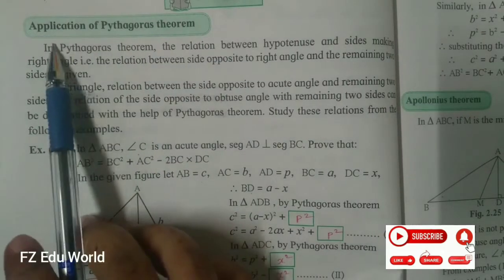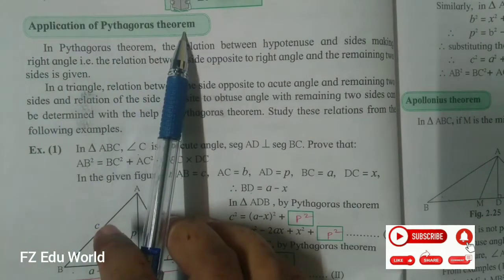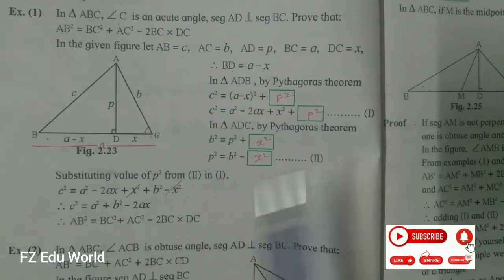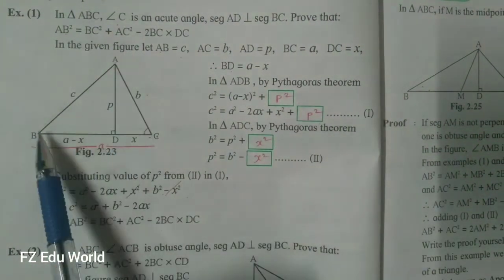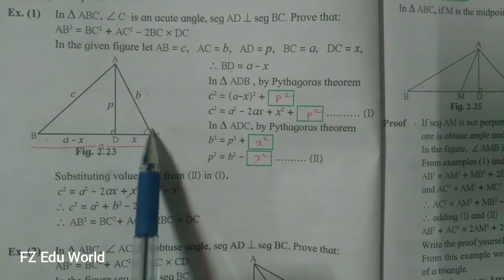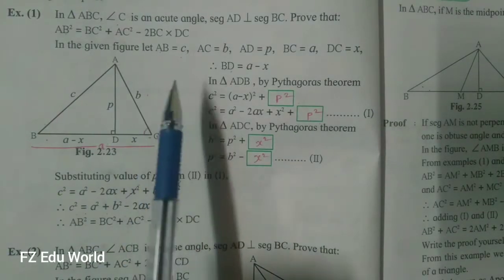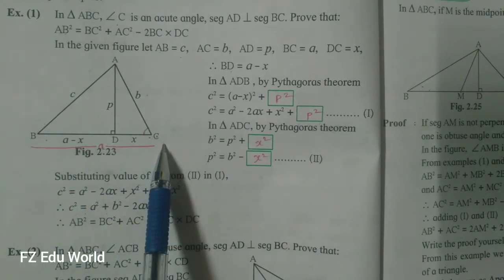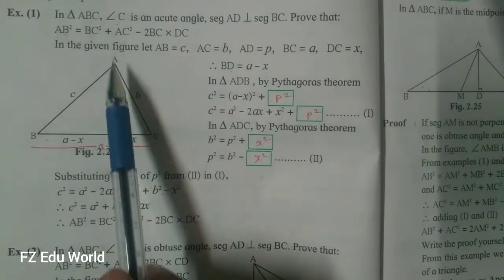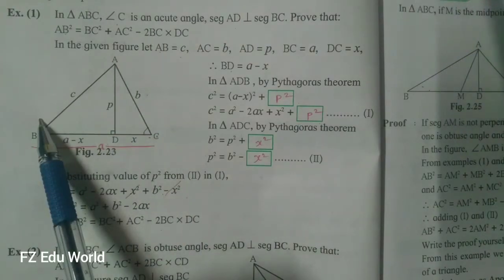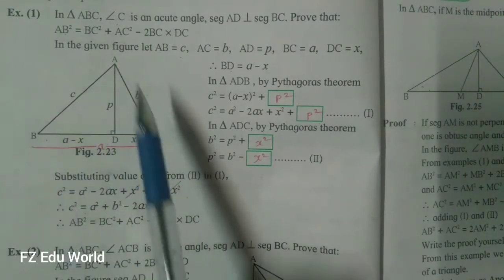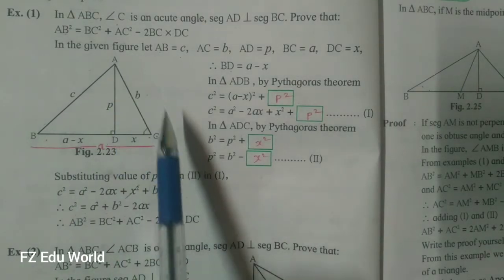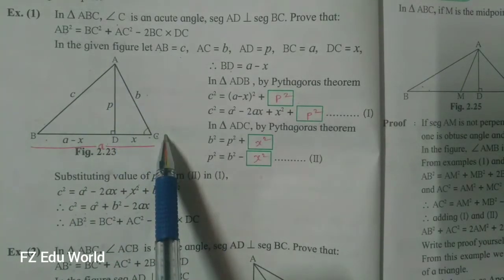Next topic is application of Pythagoras theorem. Out of that, first example. In triangle ABC, angle C is acute angle. Segment AD perpendicular to segment BC, and we have to prove that AB square is equals to BC square plus AC square minus